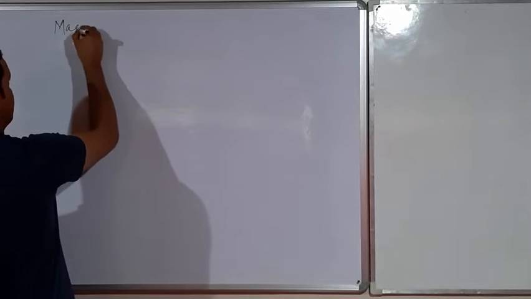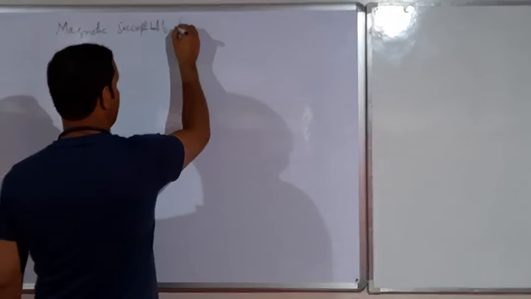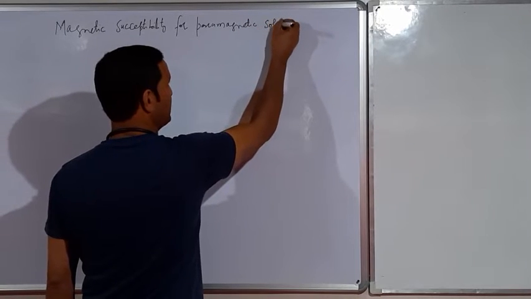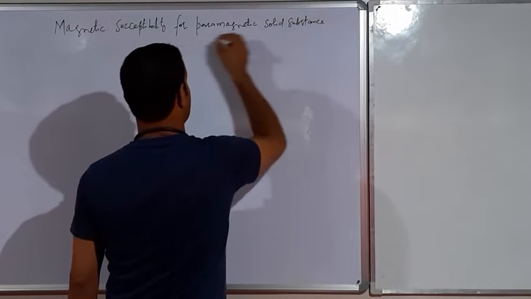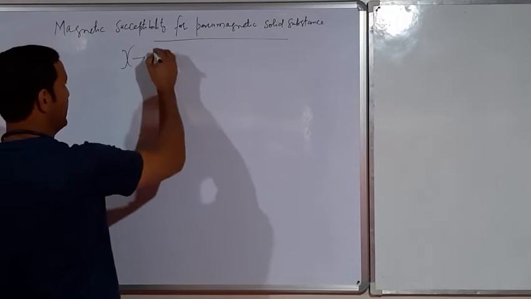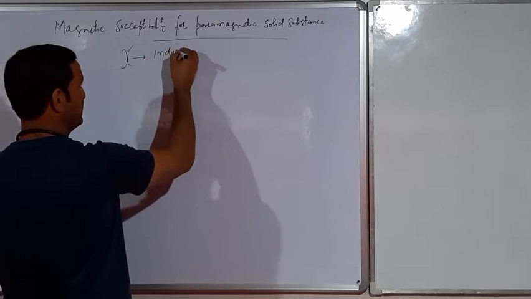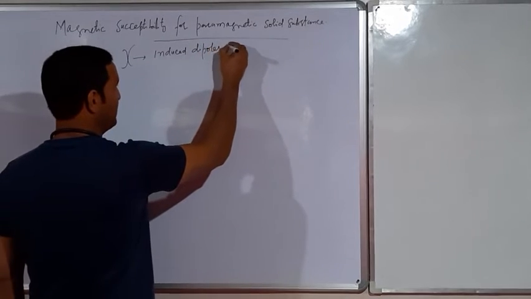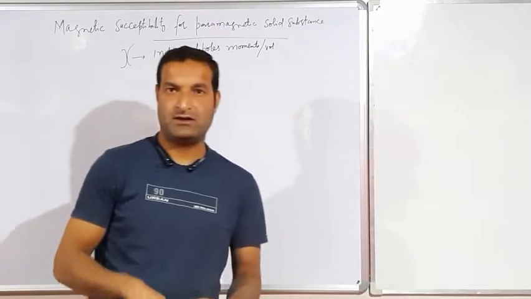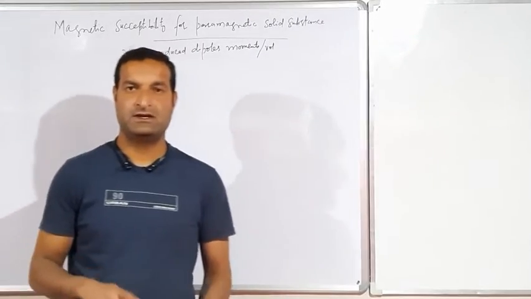That is, magnetic susceptibility for paramagnetic solid substances. So this is the alternative method for calculating the magnetic susceptibility chi, called the induced dipole moments per unit volume. So I already told you there is a magnetic moment present within the paramagnetic material, and when we